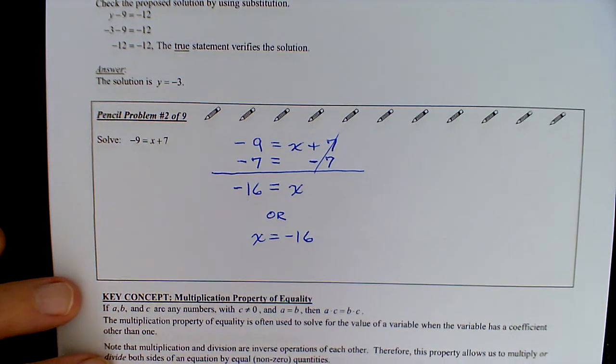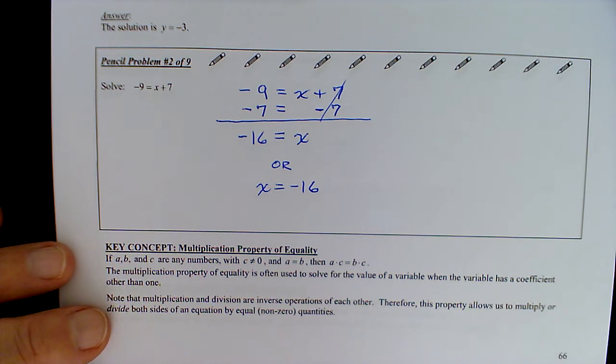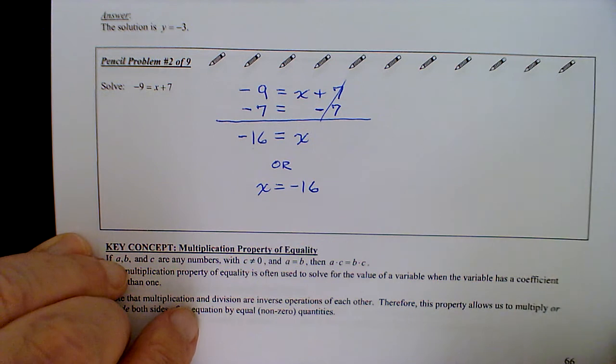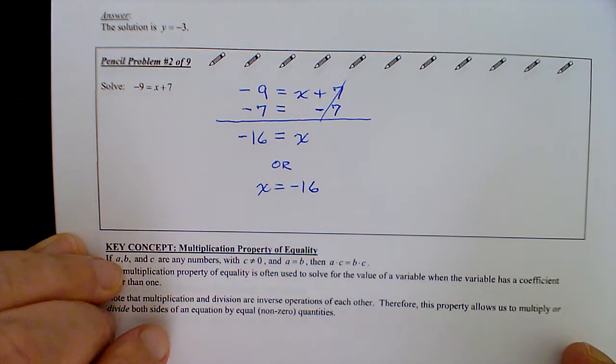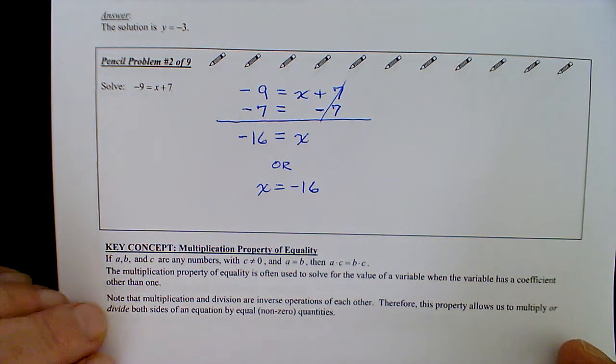Okay, so then we have another property, the multiplication property. And we already know this one from solving proportions. We know we could divide both sides of an equation by any number we want, except 0, of course. And the same thing goes here. We can multiply or divide both sides of an equation by anything we want, except 0, and obtain an equivalent equation. So you can see in our example,